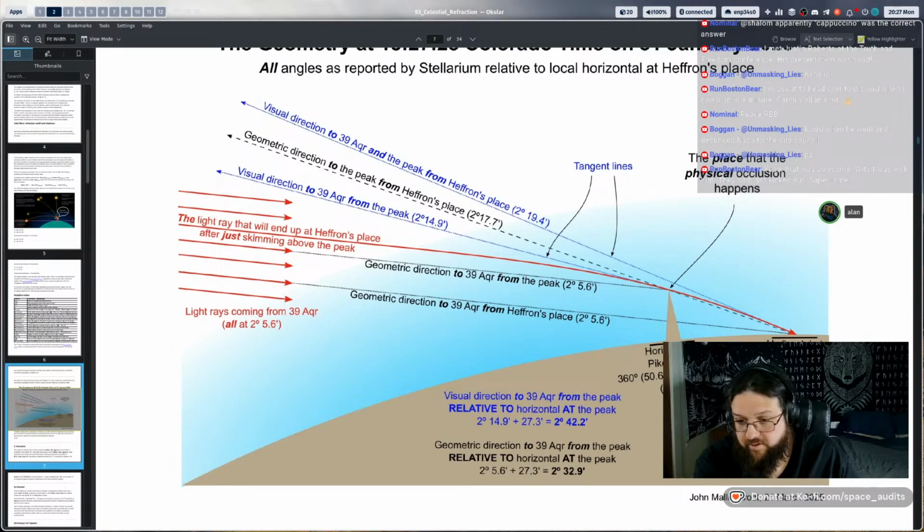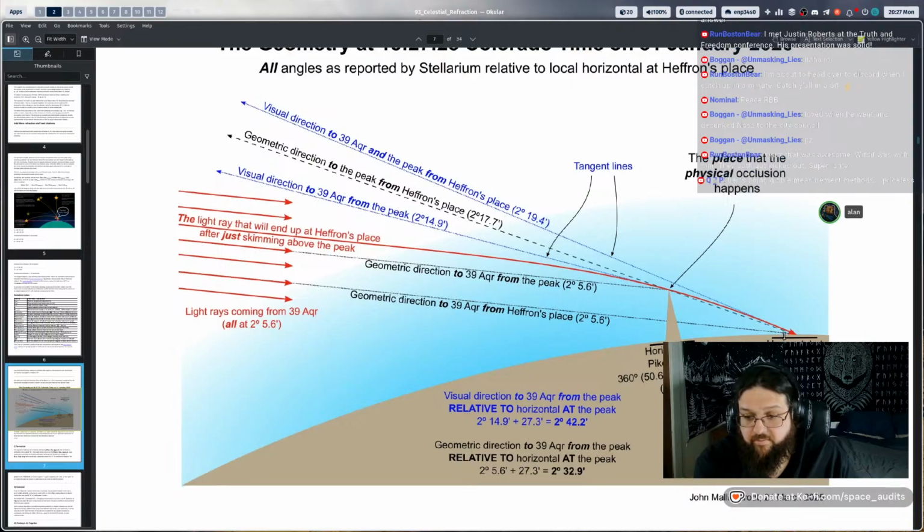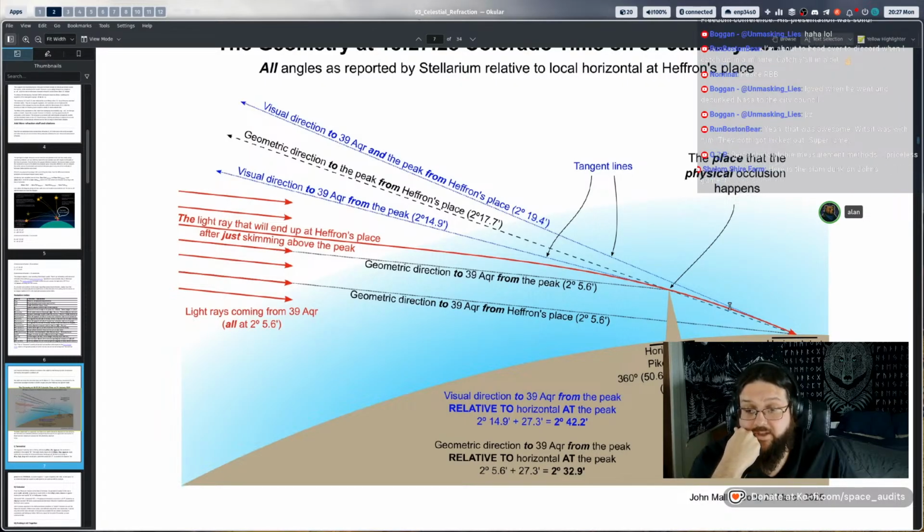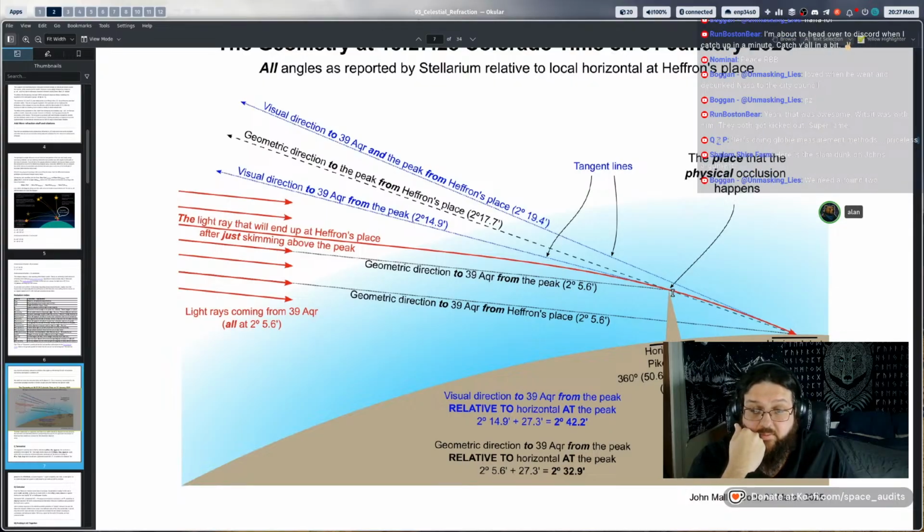Okay, so arguably he would say that it is easier to determine the occlusion timing because all you have to do is go to the observer location rather than the peak location, enter the relative globe angle for the peak at that time, which accounts for drop over distance. When you do that, the peak with astronomical refraction will be aligned with the peak at that same time. Is that basically it?